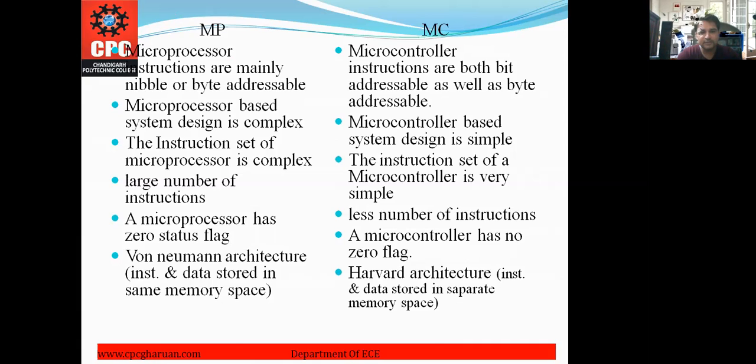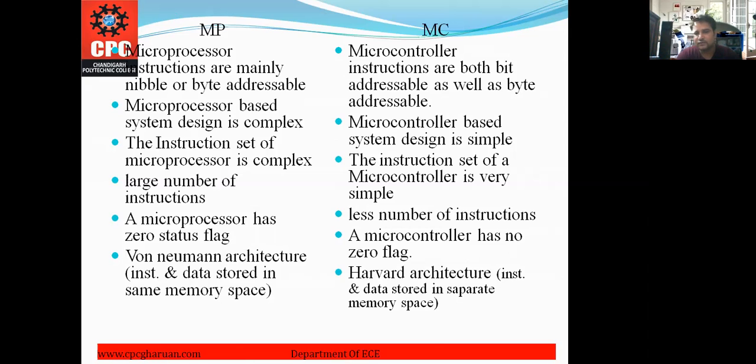Von Neumann architecture is used in microprocessor, but microcontroller uses the Harvard architecture. Von Neumann architecture means instructions and data are stored in the same memory. The instructions that you give while programming and the data can be stored in the same memory space.